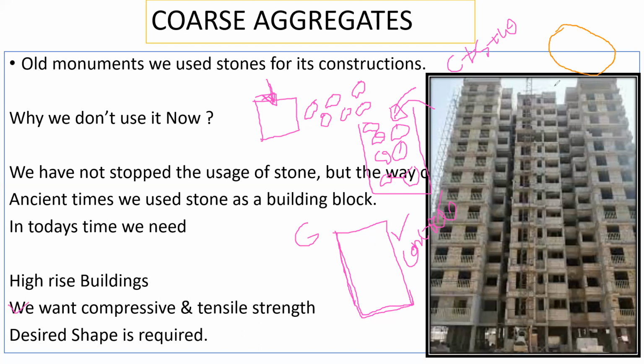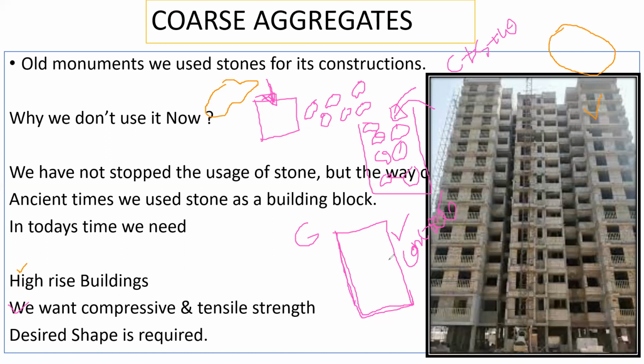Take a circular container, and in that you put the aggregate and the cement mortar, and you can get a shape something like this. But in the stone you cannot prepare such a shape, it's very difficult to prepare, right? So the second objective is also fulfilled. The third is the high rise building. By preparing concrete in this way, you can see a high rise building has been created here, right? So whatever shape you want, everything is achieved here.